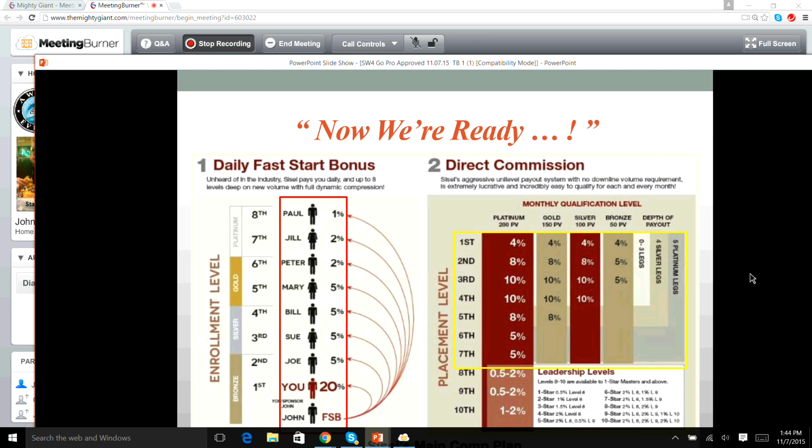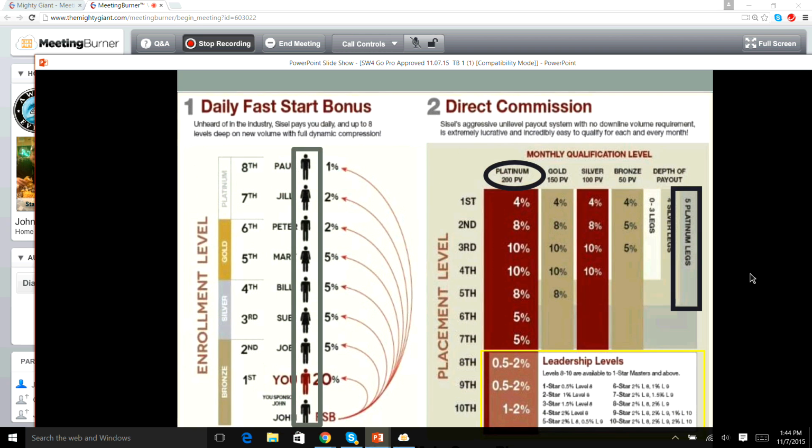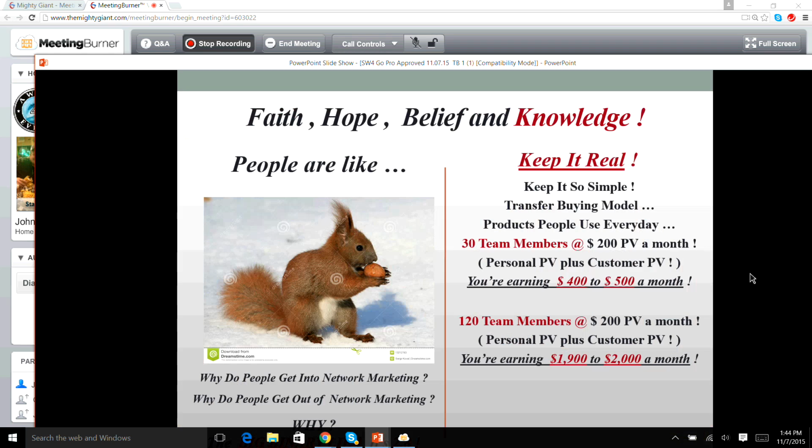If you could focus light, if you can focus your effort, you can really drive depth and really set your team on fire. So, like the magnifying glass, focus in, build 3 teams, drive it down, and then worry about maxing out the comp plan, doing 200, being 5 wide and 5 platinum legs. And then you're going to max out the fast start daily pay as well, okay?